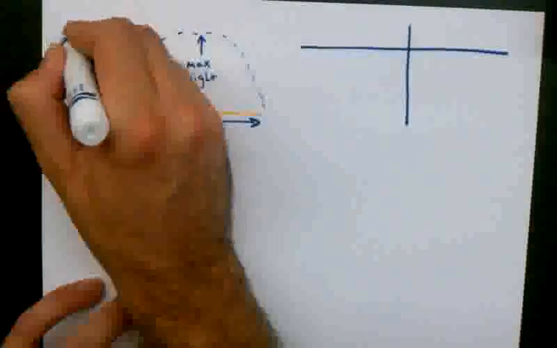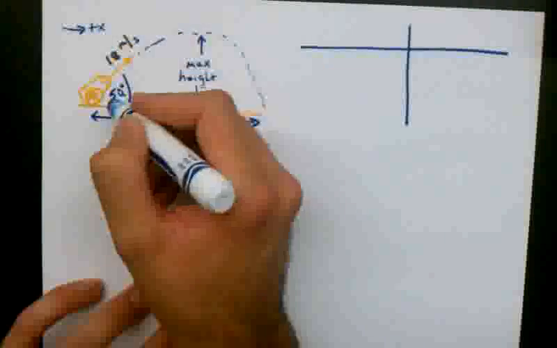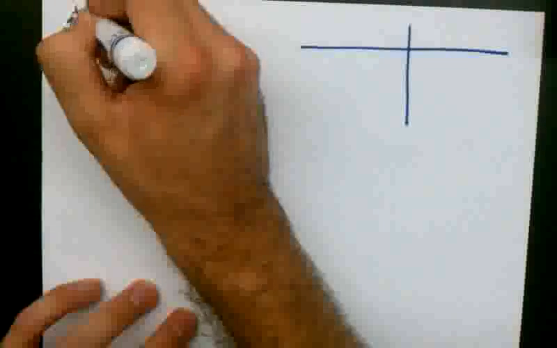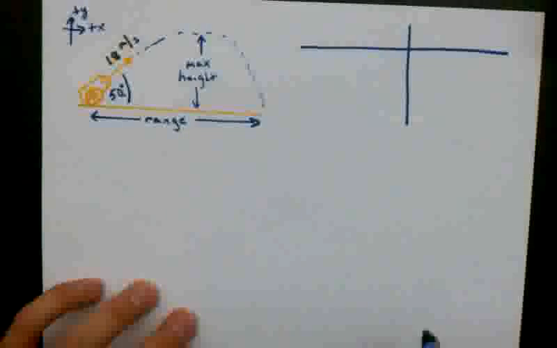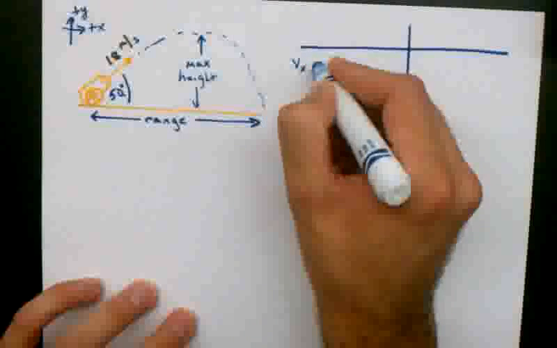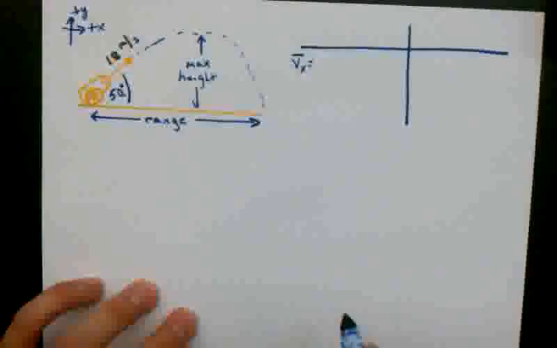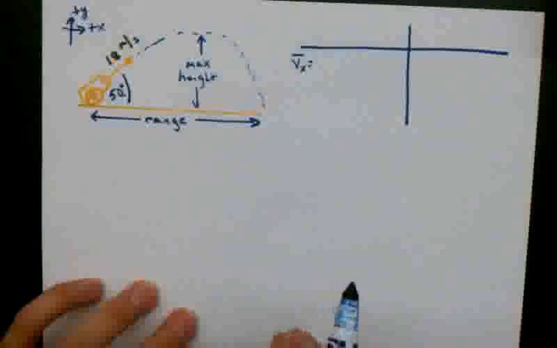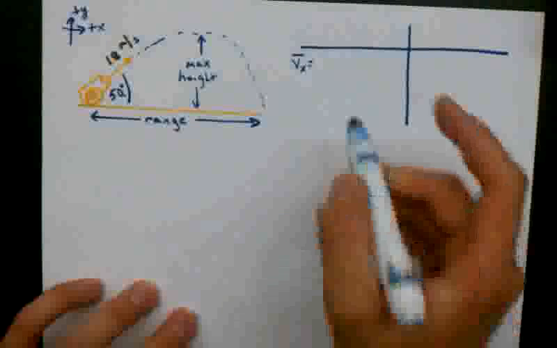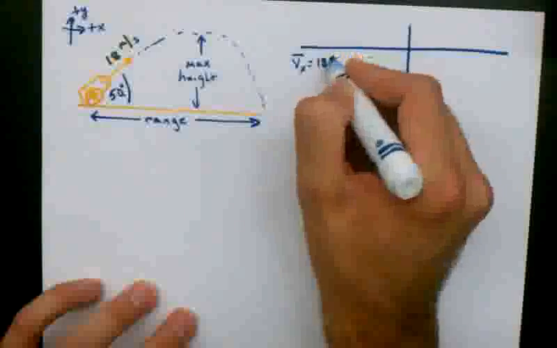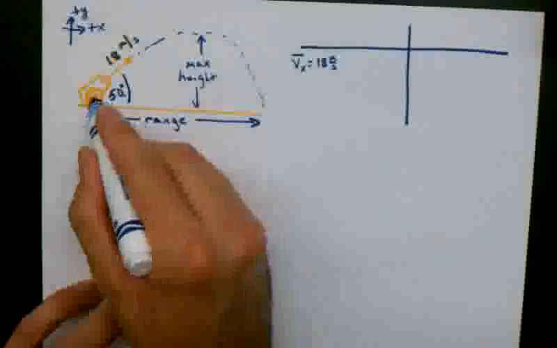I'm going to make anything going to the right be the positive x direction, and anything going upward be the positive y direction. So my velocity in the x direction, which doesn't change because the acceleration due to gravity is downward and there's no other acceleration in this problem, is going to be 18 meters per second times the cosine of